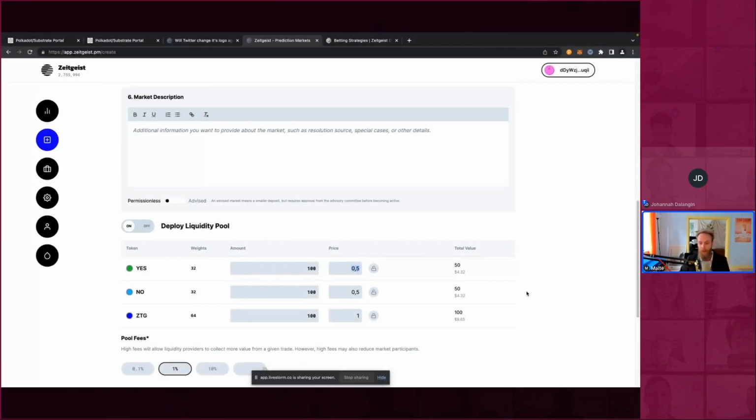Then I can say, well, yes starts at 10 cents and no starts at 90 cents. So it becomes very expensive to buy no tokens at the start. And that protects you from a good deal of impermanent loss.